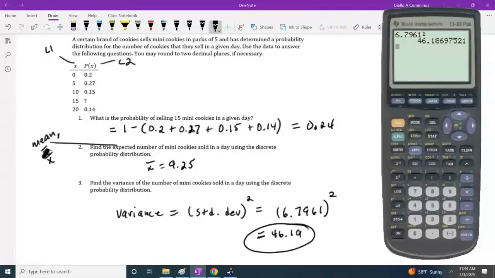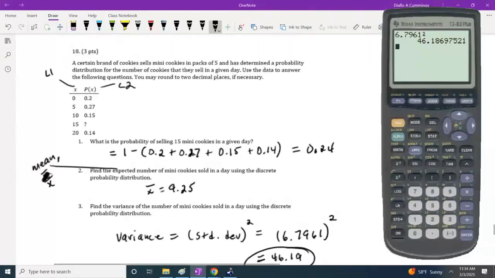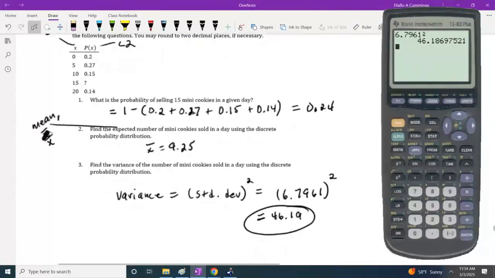And that is the variance. So be careful on this particular problem. Because in the printout, they give you the standard deviation only. You have to square that standard deviation in order to get the variance. Okay. All right, so any questions about